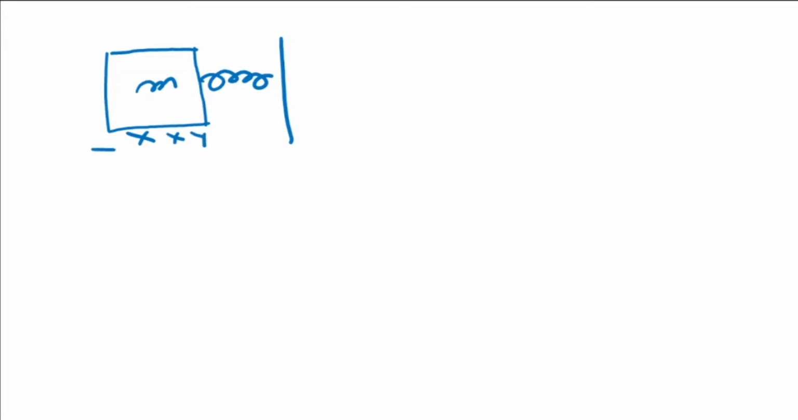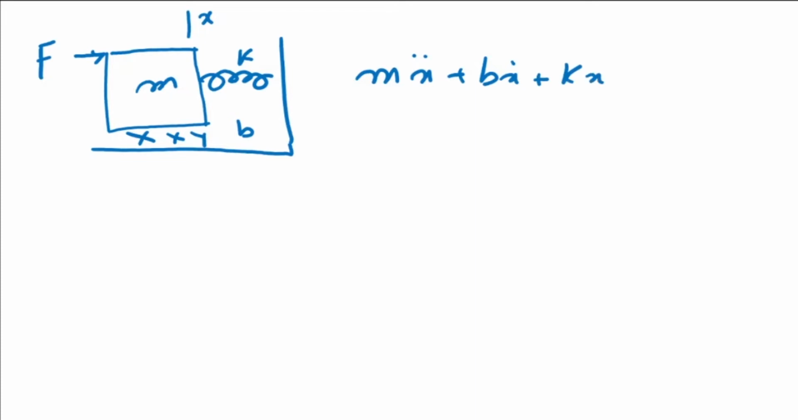Now if we have a spring mass damper system, we can call it an MBK system. B stands for the damping, which is friction. There is a force which can be applied, F. This is my position X, and this is K, this is B. So if I write my equation of motion, it comes out to be m x double dot plus b x dot plus k x